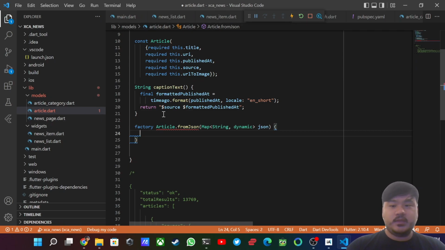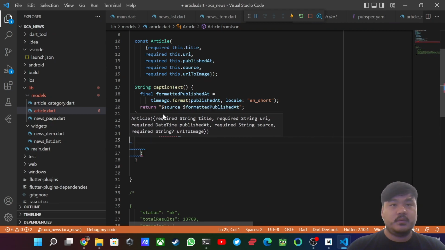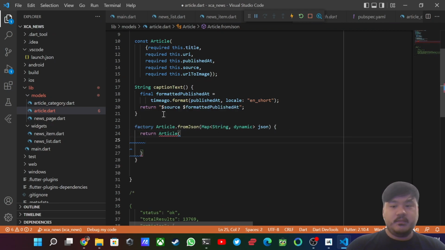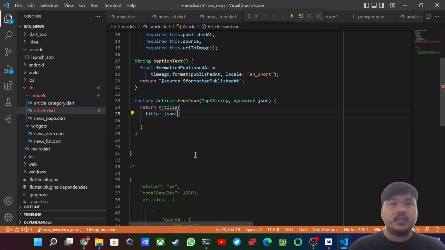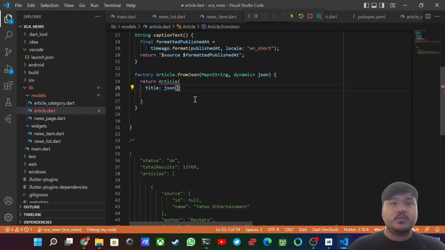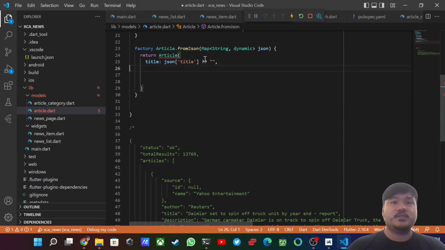Okay, now we need to return the article. Let's begin from the title. So if you see in here, for the title, the key is title. So JSON title. In case it is empty, we just provide an empty string to avoid crashes. Okay. Second one is title, and then URI,